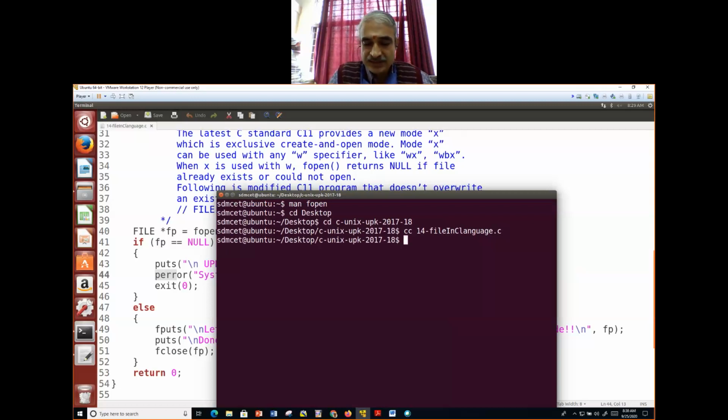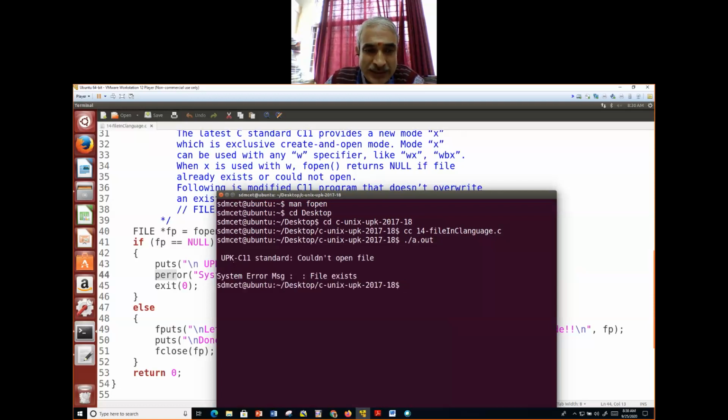I compiled it. When I run a.out, I get an error. Why this message? From this message I come to know which part of the program, where exactly its location, I have put it. You can say point 1, point 2, point 3, or some other meaningful name specific to the program you are writing. Okay, couldn't open the file.